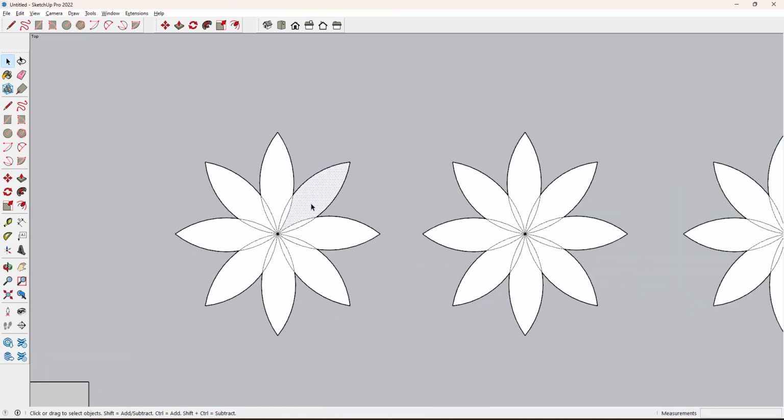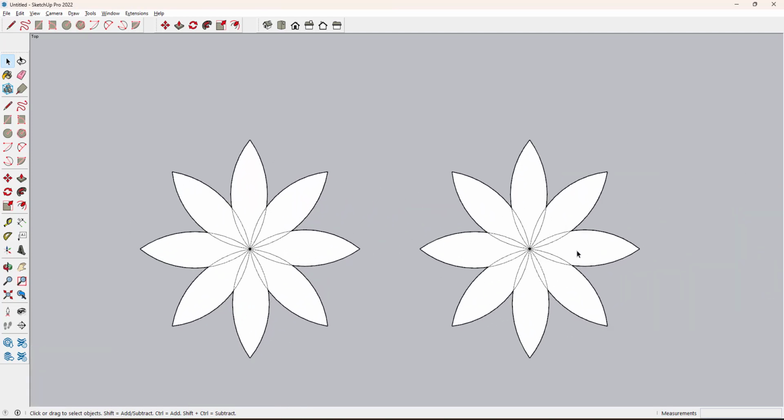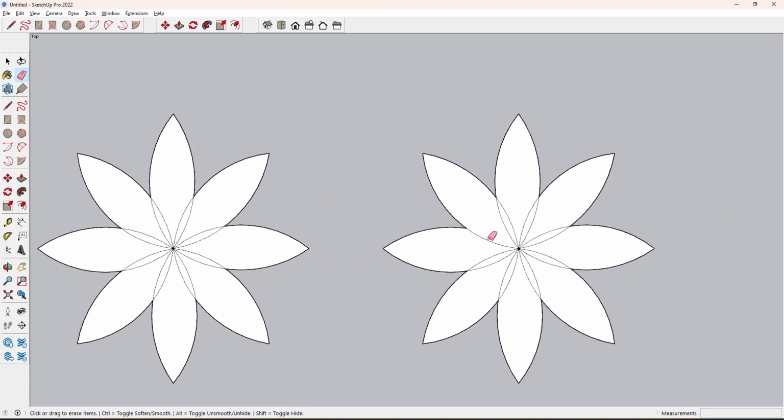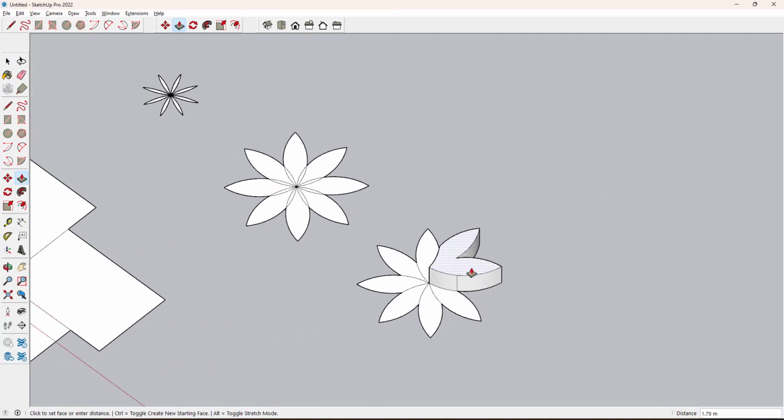After that I am just erasing the unwanted things by pressing E, enter. You can even make multiple selections like this and then edit or delete them this way. To get another design, I'm just doing like this. This is how you can do the design. For this, I'm deleting the alternate edges of this inner flower shape. So this way, you can even convert this into 3D by using push, P, enter, like that.